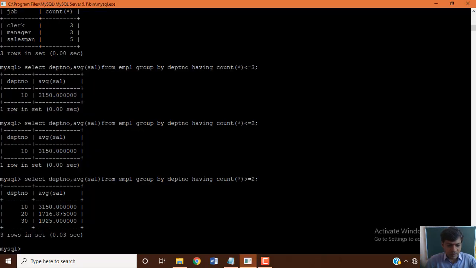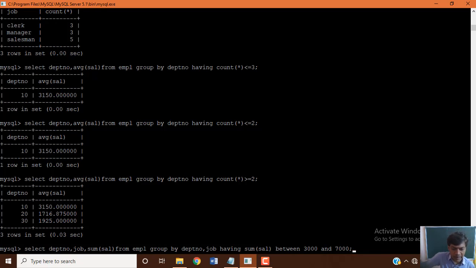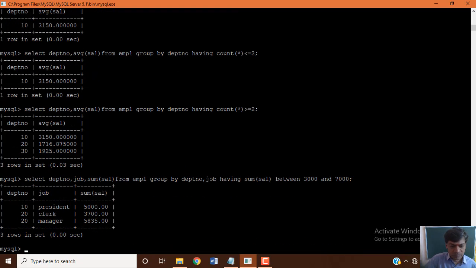Let's see how you can work with another condition: select DEPT num comma job comma sum of salary from EMPL group by department number comma job having sum of salary between 3000 and 7000. We want to extract department number, job, sum of salary from employee group by department number and job, having sum of salary between 3000 and 7000.